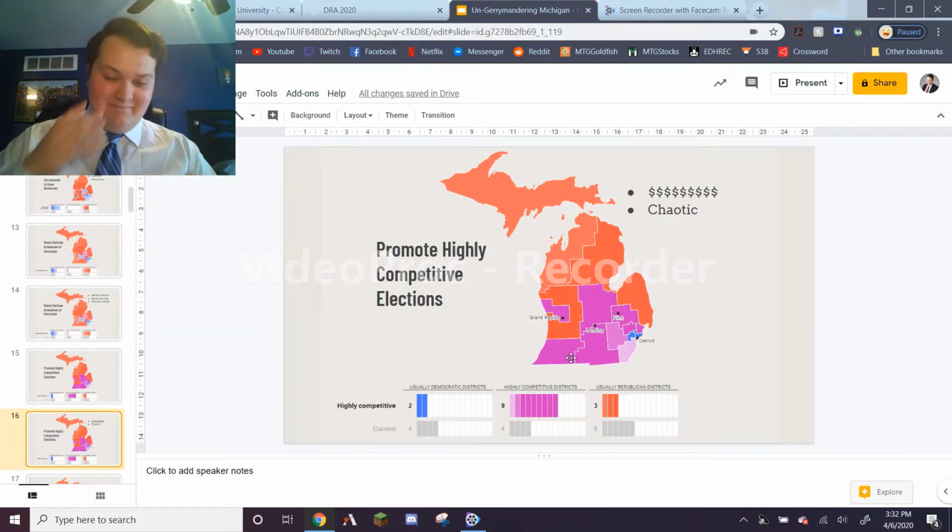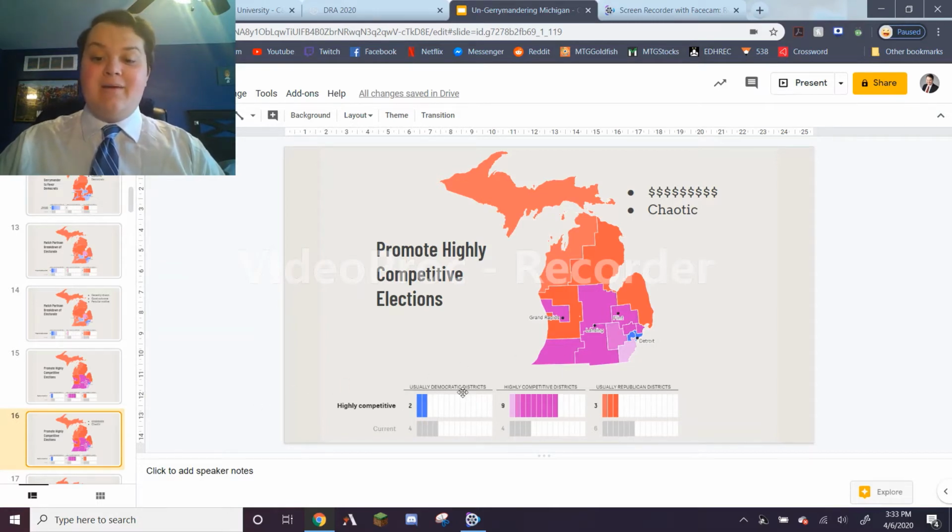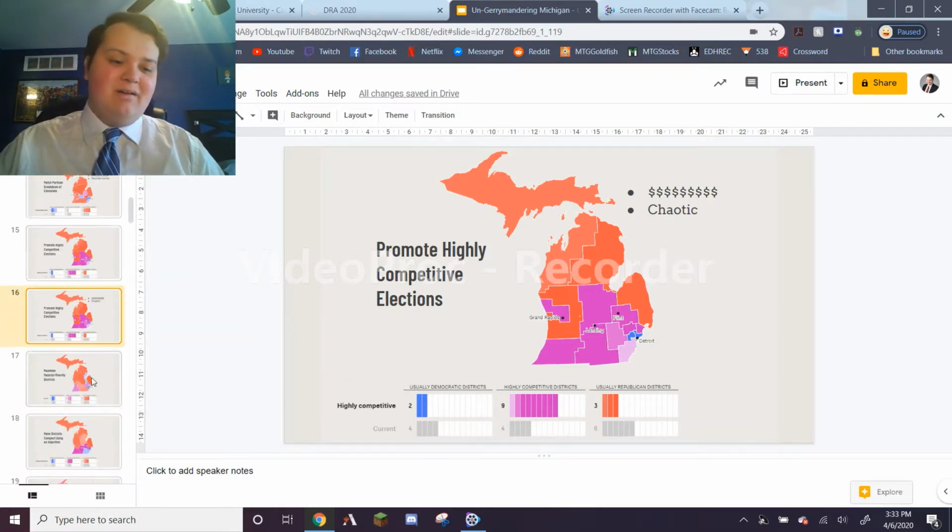It has too many competitive districts, and you'd want Democrats or Republicans to have a decent number of seats, instead of having a Republican wave and having Republicans win 11 or 12 districts, as opposed to Democrats only 2. That would be scary, or the other way around, 11 to 3. It would just be wrong for a state like Michigan.